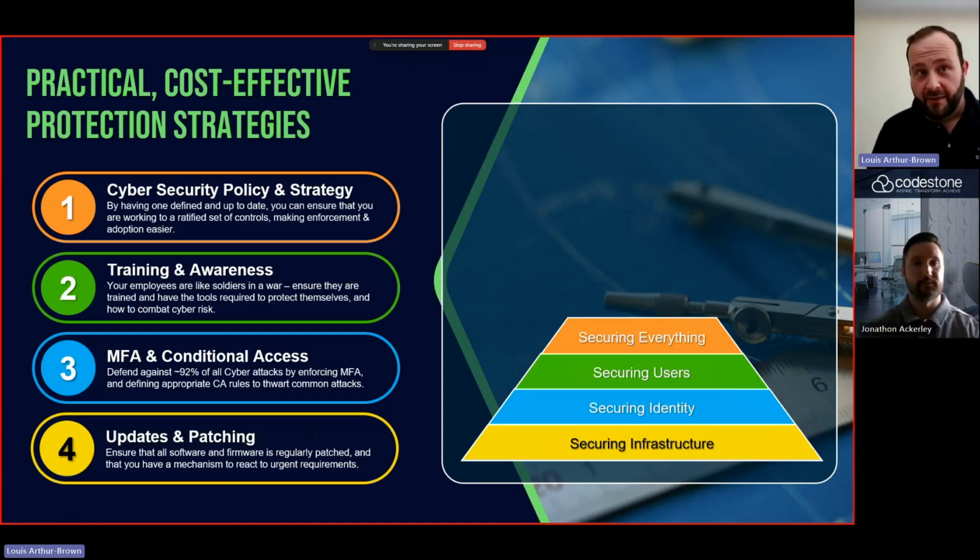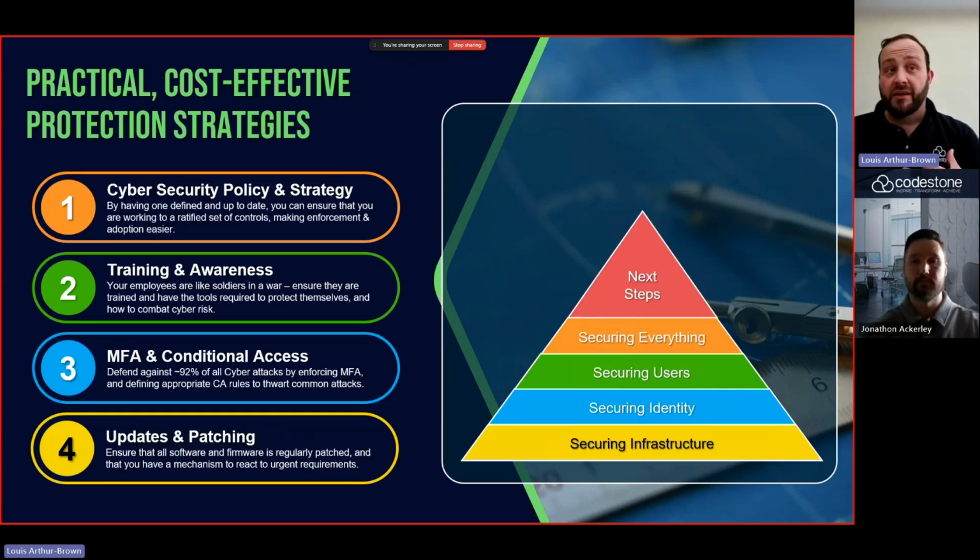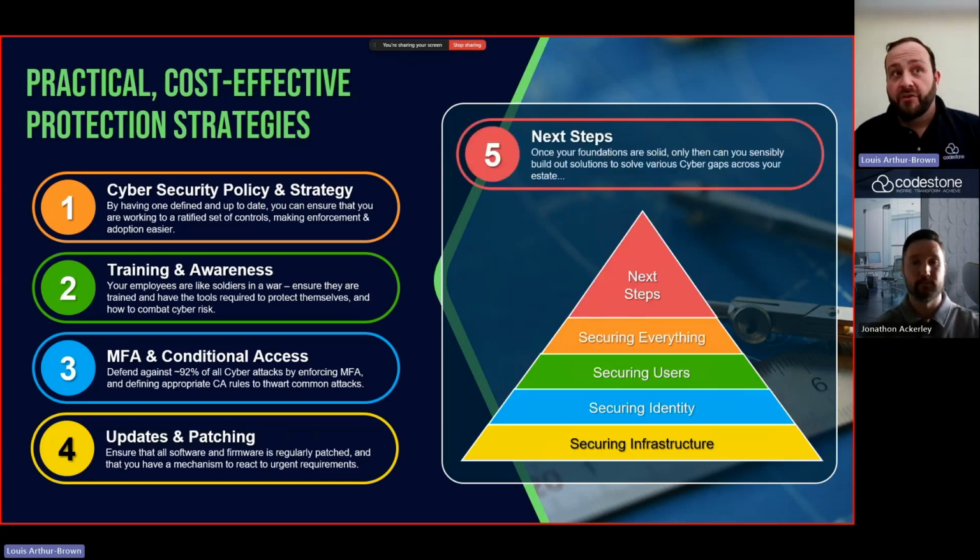And finally, once you've done that, once you've got the baseline sorted and your posture is in a really good place, at that point you can look at your next steps. And this is when we're talking about maybe rolling out a proper EDR solution, or maybe you're looking at next-gen antivirus, or looking at a cloud app security broker to secure your SaaS applications. Closing all those security gaps in your environment is then going to be much more effective once you've got those